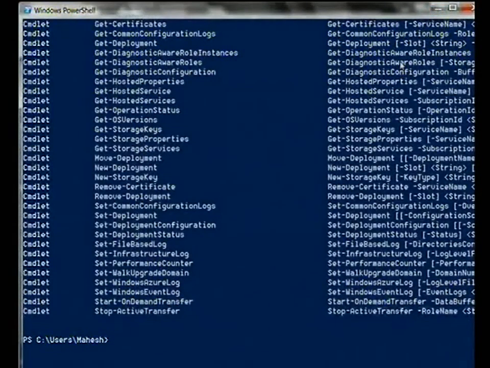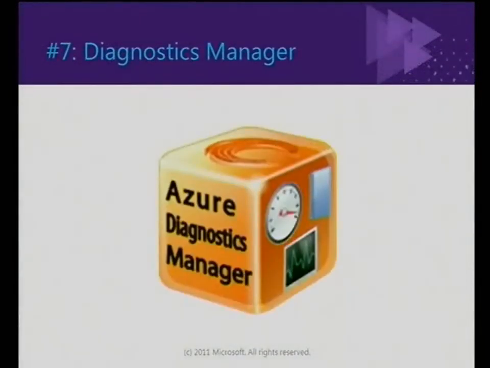Now, there's also another tool from Cerebrata, and it's called Diagnostics Manager. Now remember when I started the talk, I actually told you sometimes it will be very difficult if you want to change the trace level, whether you want to move it from debug to include warnings, and whether you want to make it verbose and things like that. And what if you wanted to collect things like performance logs and so on? The Diagnostics Manager allows you to change all that after your system has been deployed into production.